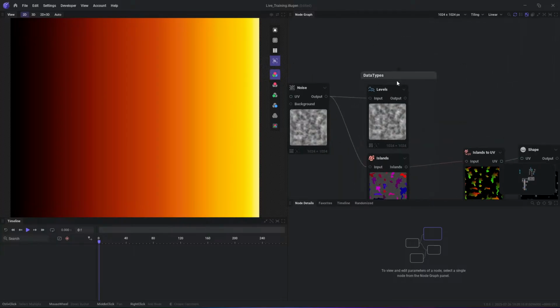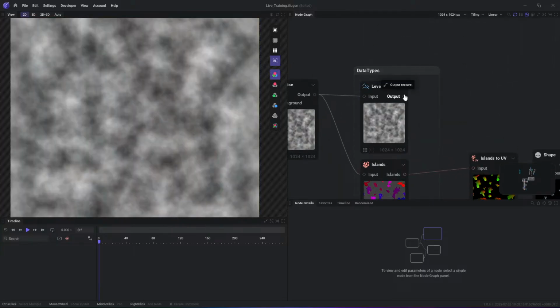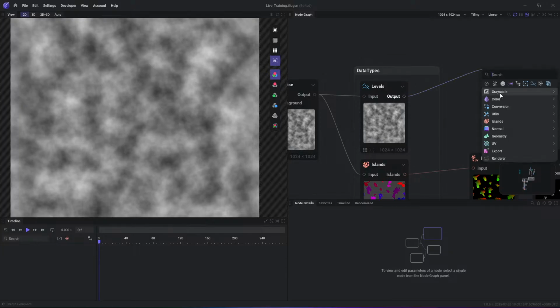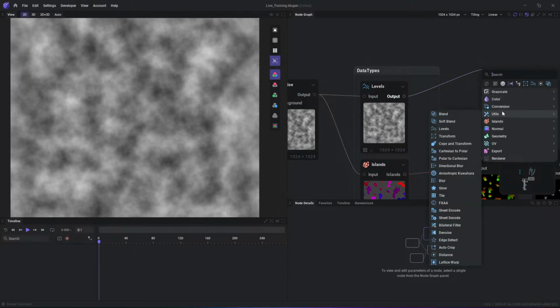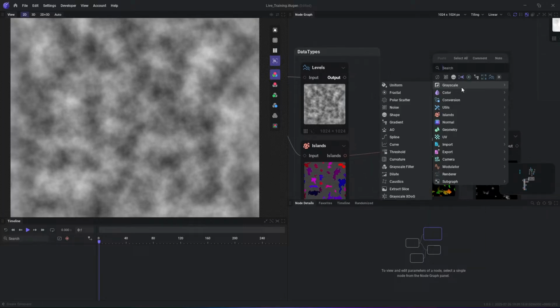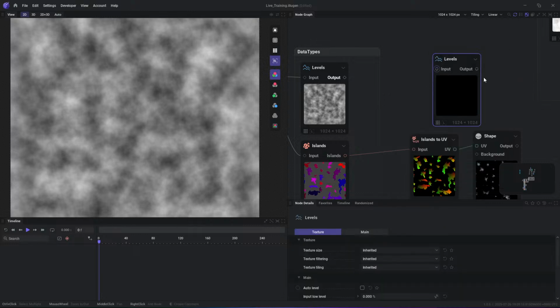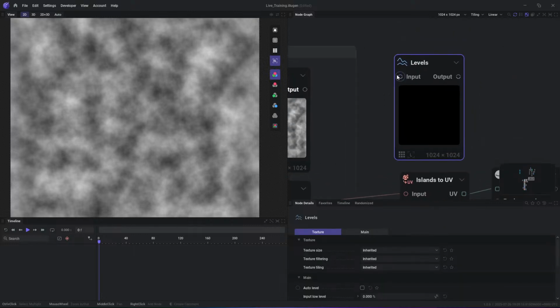And so kind of the idea behind each one of these is, grayscale values are purely black and white. And so you can come in and there's other grayscale things that you can do to it. You can come in and add various utilities and do various things. And so one thing that I'll note is if you spawn a utility, let's say levels, for instance, you'll notice